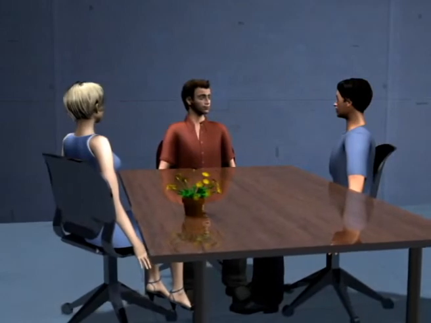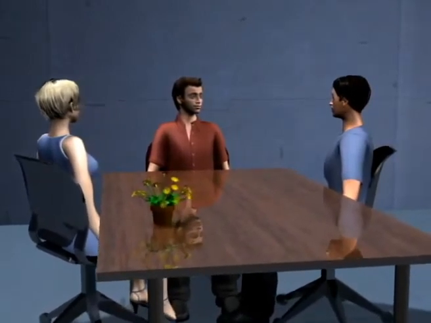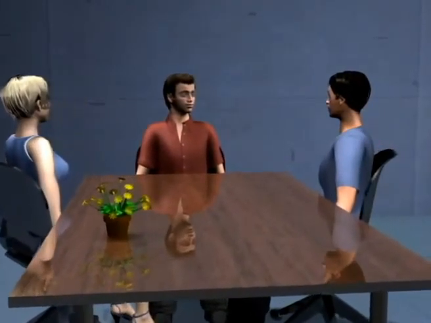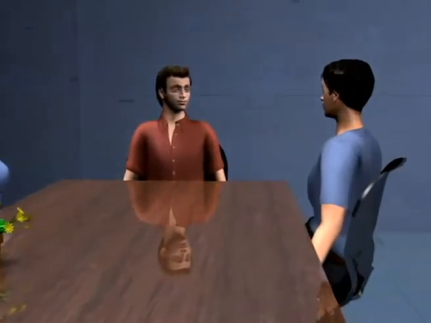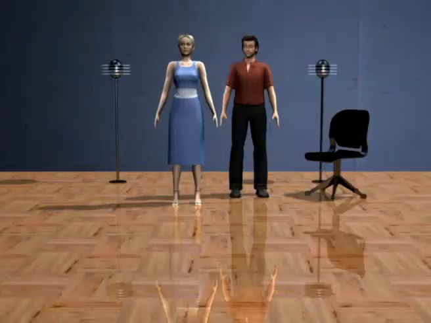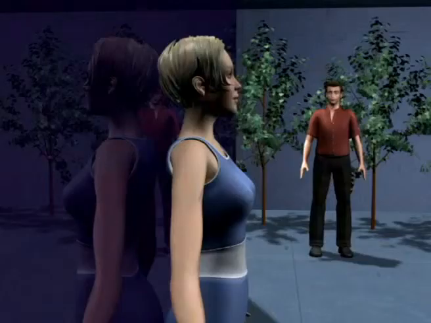Besides that, using reflection simply creates richer framings with more to look at. Here the reflection in the table is part of the framing. Here we've made a top-heavy framing to include the reflections in the floor. Here the woman's reflection in the dark glass wall is again part of the framing, giving us more to look at. There are a number of other ways to use reflections which belong in different chapters, so let's hold here for now.